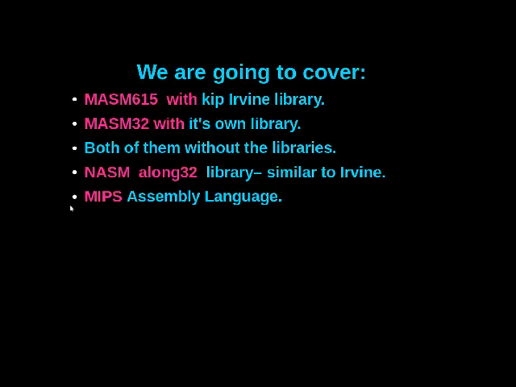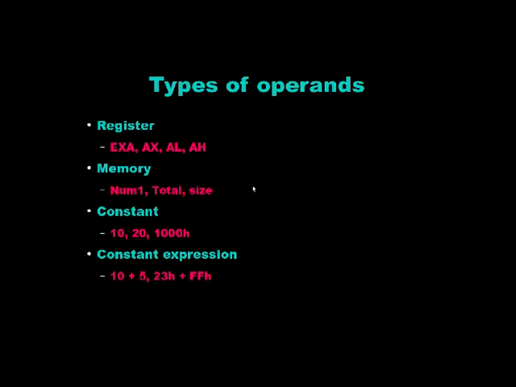And we're going to do MIPS assembly language. We're going to use the MARS simulator. It's an online simulator. This is really good for educational purposes, and it's a lot different from those, but it makes assembly language fit more, and you'll understand it more when you see different approaches